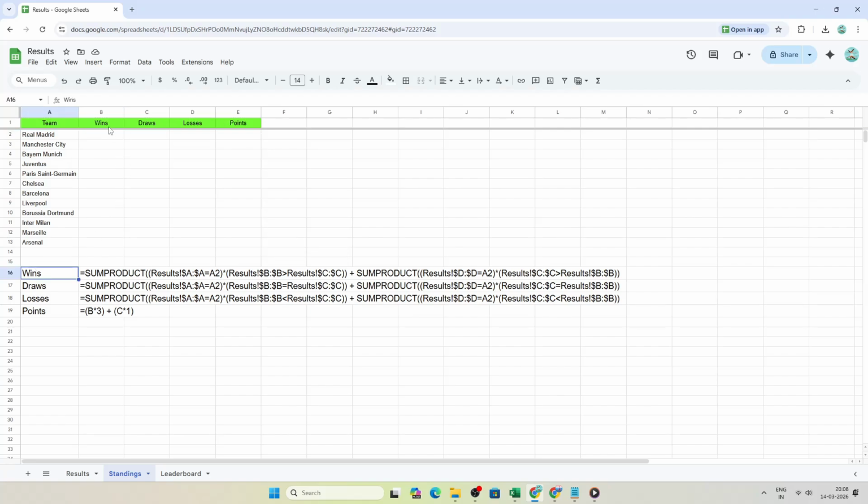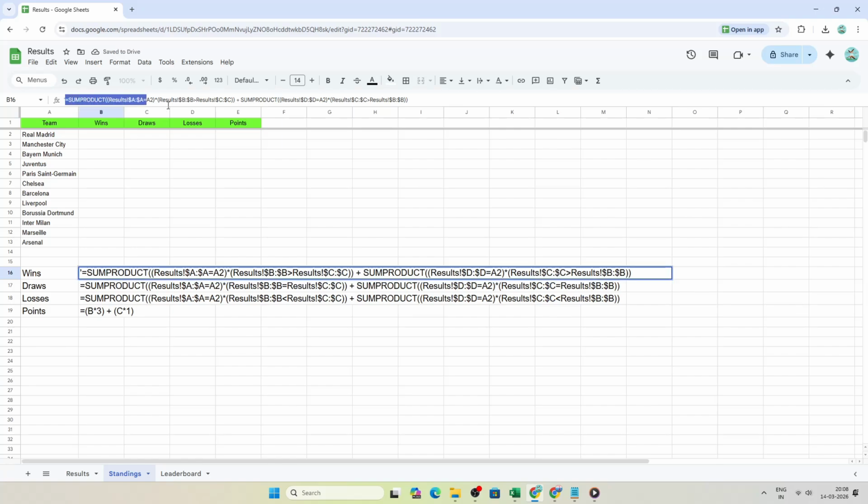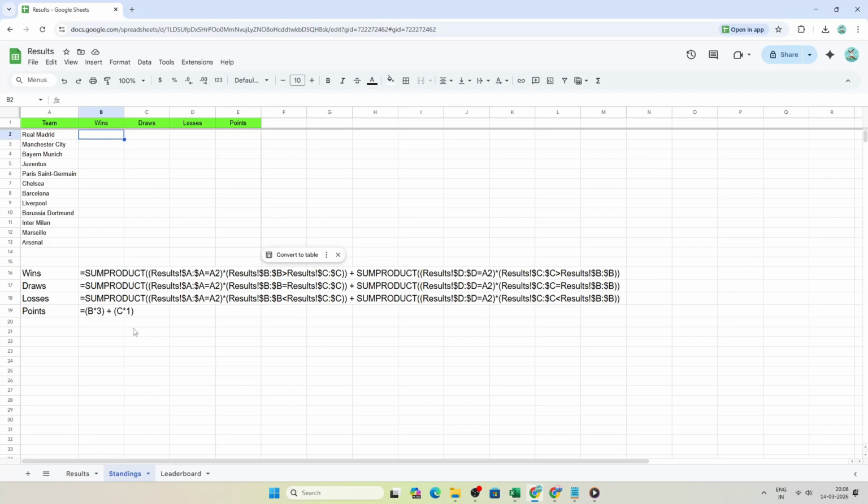Here I'm providing the detailed formula in this sheet. You can check it for wins. Count matches where a team won at home, plus matches where it won away. In the wins cell for the first team, you can use SUMPRODUCT of home team equal to standing team multiplied by home score greater than away score, plus SUMPRODUCT of away team equal to standing team multiplied by away